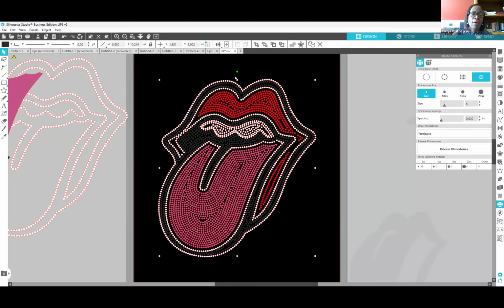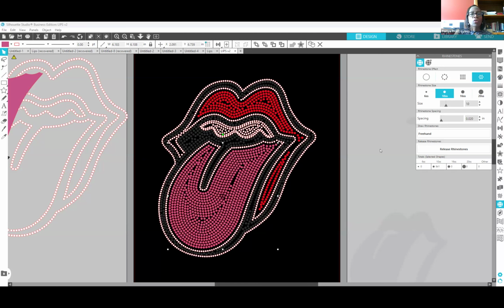but I might come back because I don't have black 6 SS stones, so I'll come back and make that a 10, and I'll come back in the red because I don't have those in 6 SS and make them 10s, and the same thing with the pink. I'll go ahead and make that 10. So you can create a design that has multiple size stones if you wanted to, if you had them